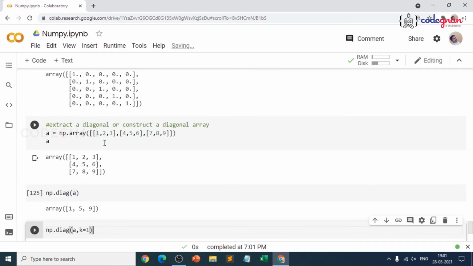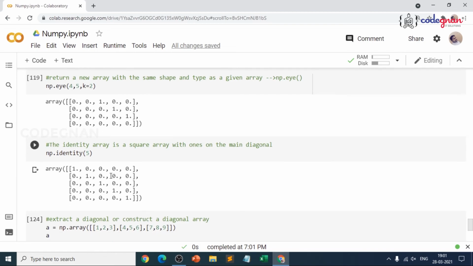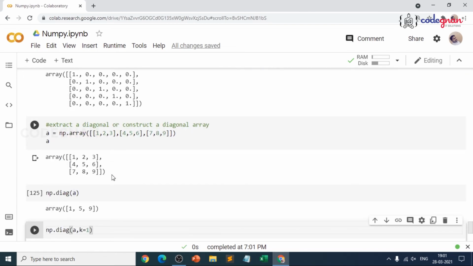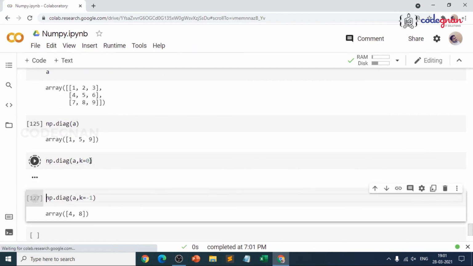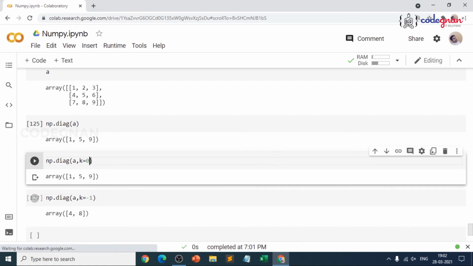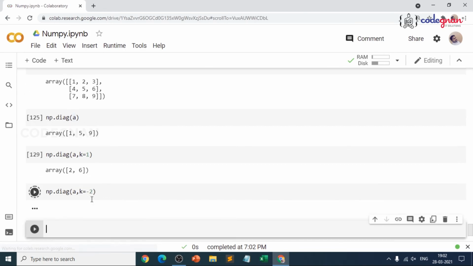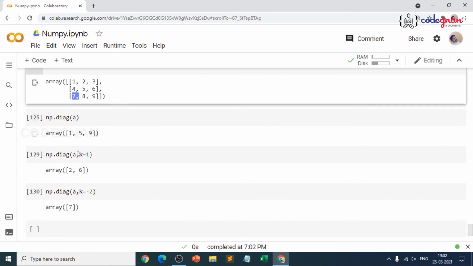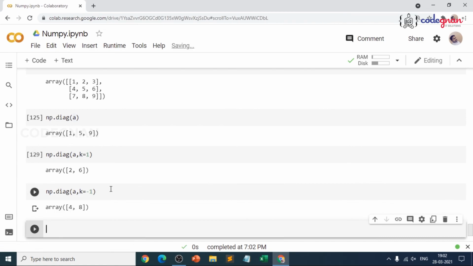So we have understood some special creation functions like ones, zeros, identity, I. We have tried filling the values, and we have also understood how to extract specific diagonals, because if I pass k equal to 0, it provides me all the diagonal elements. That is the reason I am passing a positive number to get the values above the diagonal, negative numbers to get below. You can just keep on incrementing the values. K equal to -2, we have only one value. So in that way, you could see the difference in the output. So make sure you keep practicing.